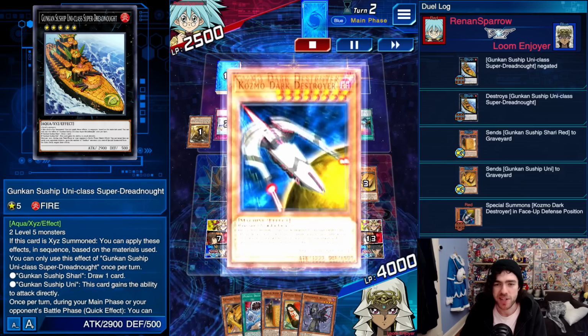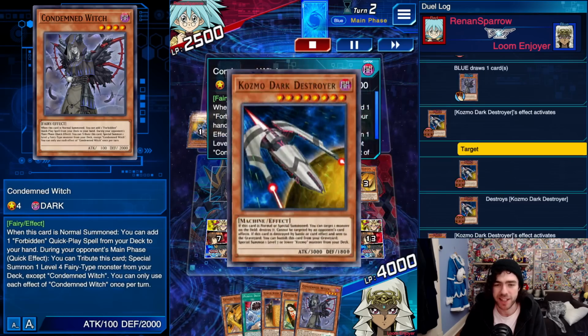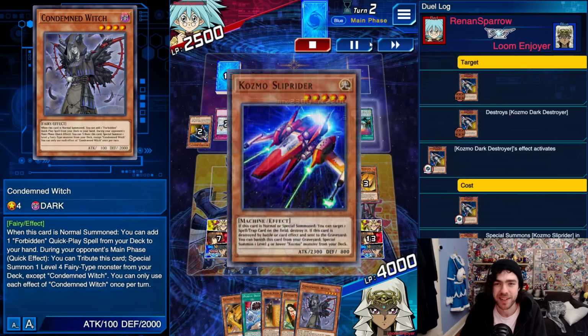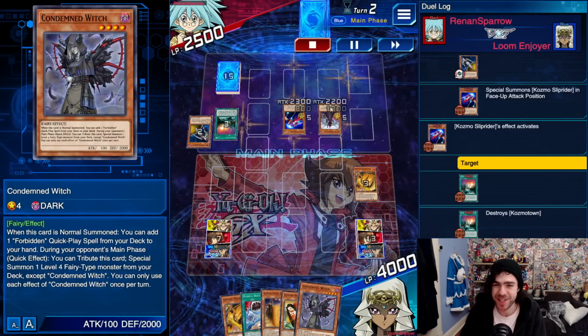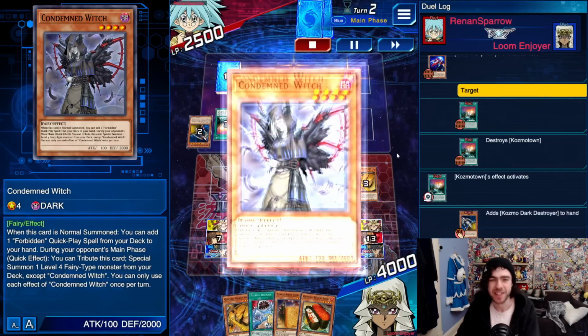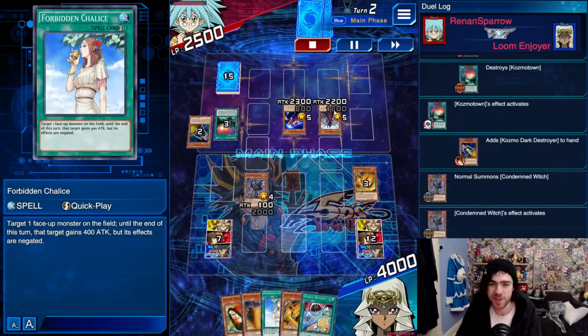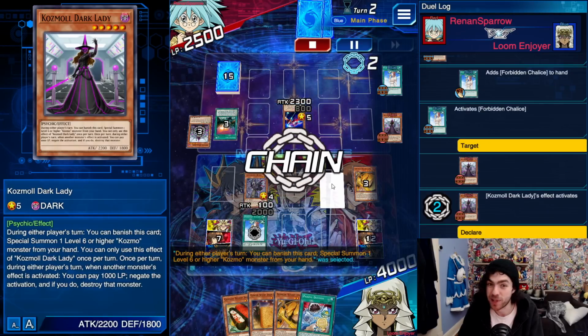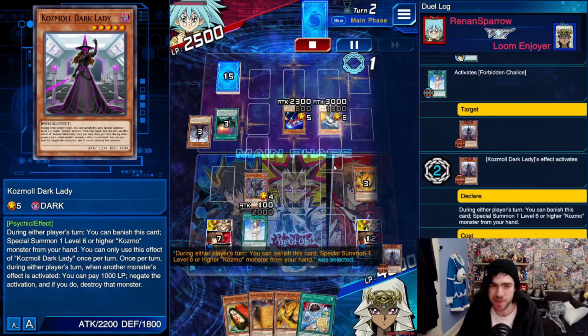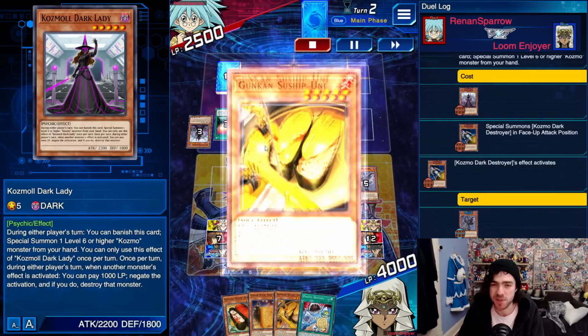This is fine, because now it's destroyed, I still draw a card. And we hit Condemned Witch, which feels pretty good. Alright, Cosmo Town searching for another Dark Destroyer, so we can swap it over, a bit of a combo going on here. But thankfully, Condemned Witch searches for a Chalice, forcing this thing out early. And with this thing gone, his life points are already pretty low, so we just need to be able to smack him in the face, or just...